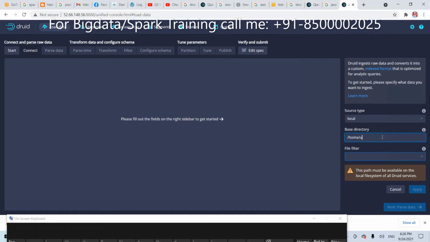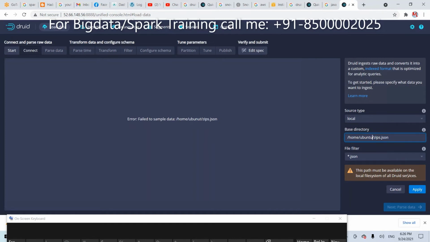For Ubuntu, zipf.json. Okay, this is JSON data, that's why choose JSON. Save. Anything wrong? A small issue. Okay, typo, one minute.